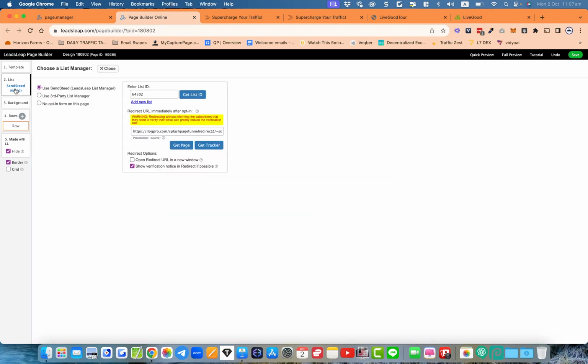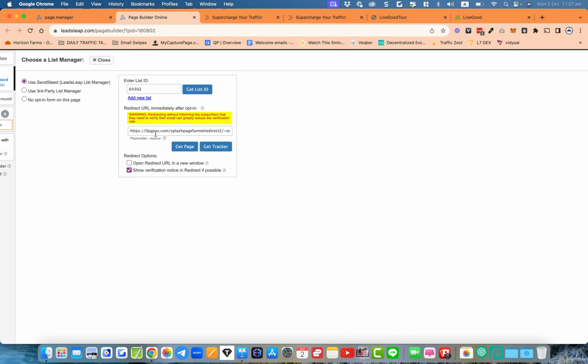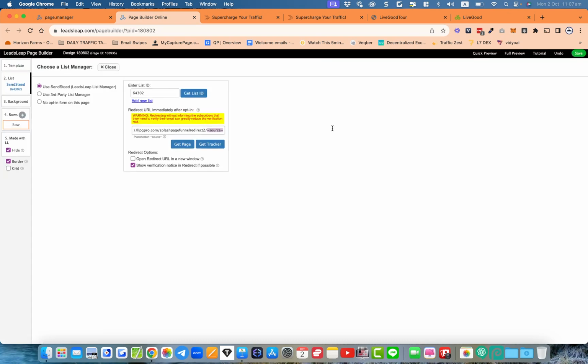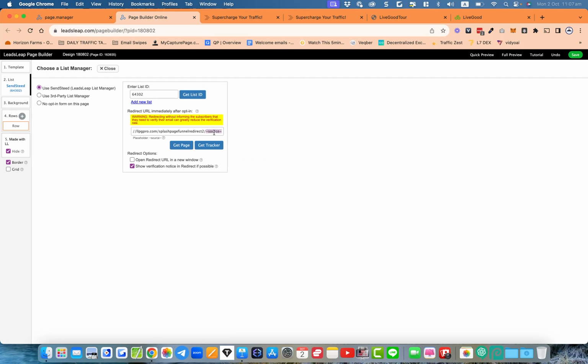Okay, so I click that. So what I've got here, again, it says you can actually put in the source at the end. So my redirect is also going to retain whatever you put in this little code at the end of the URL. Now, if there's nothing present, it's just going to do nothing. So don't worry, you can't break anything. There's going to be no error. So you put that there,